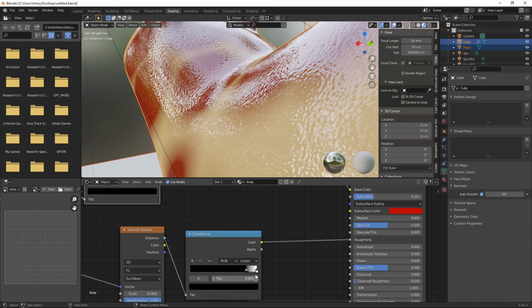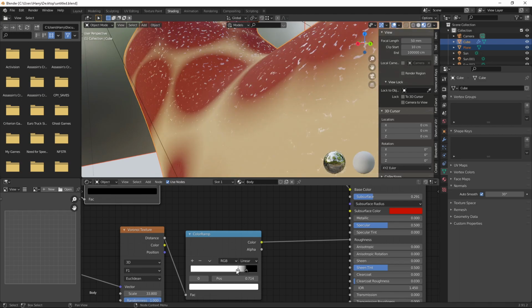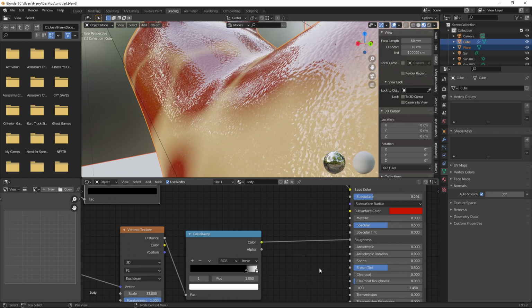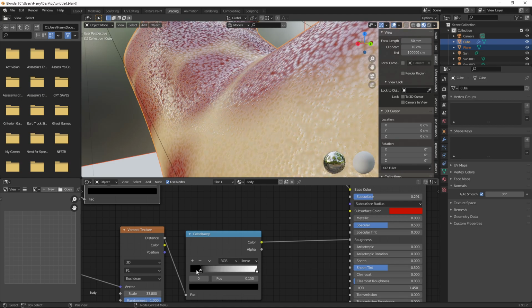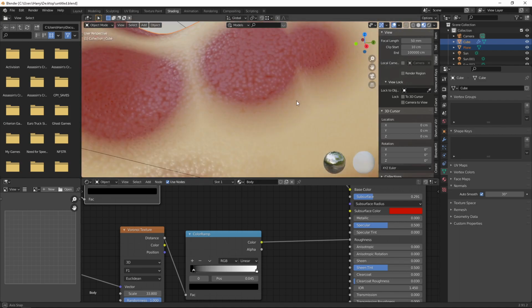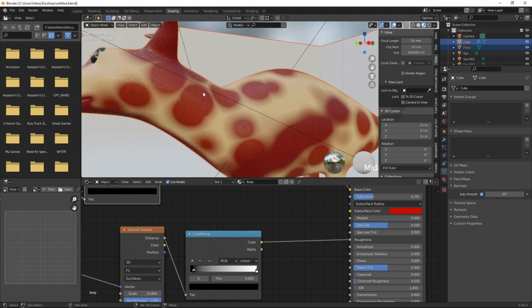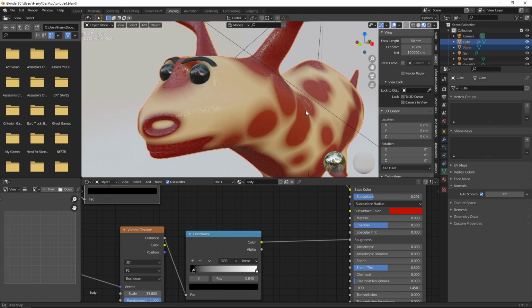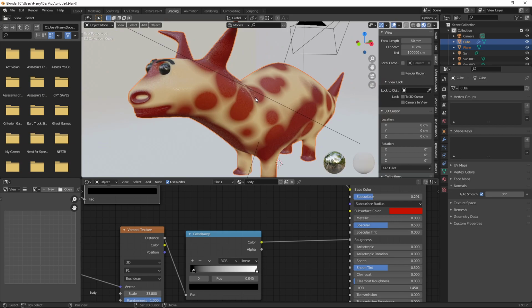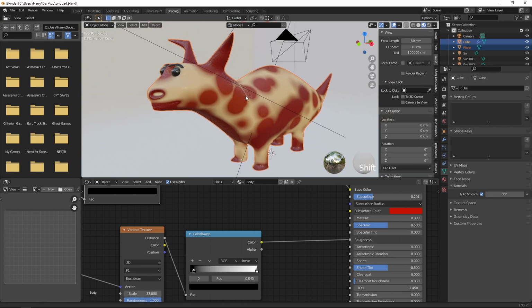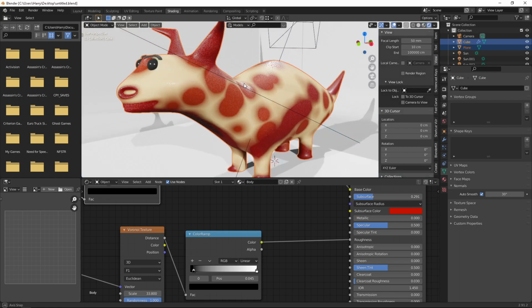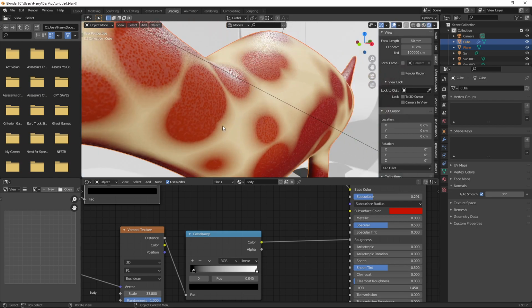Let me see the difference between that. Okay, this also looks not bad, I feel. Okay, so for the rendering view, and in rendering view it looks exactly.